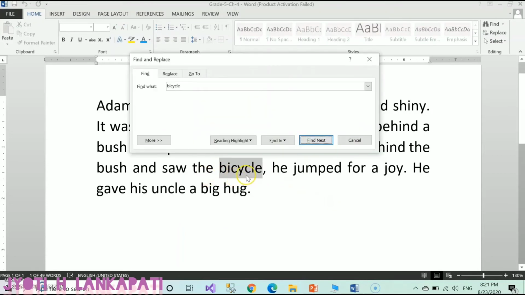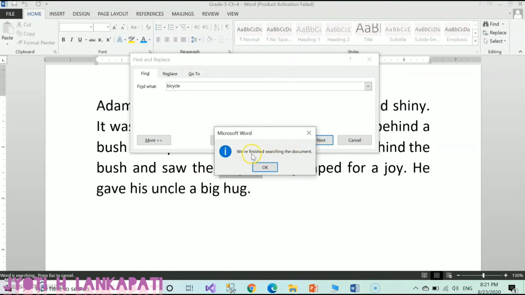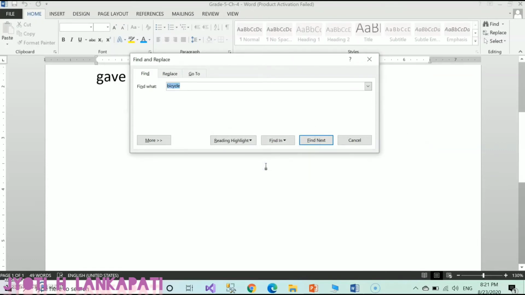See, after finishing the search, Word displays a message like Word has finished searching the document. So if you see the message came, click on the button OK. So Word has finished searching over here.